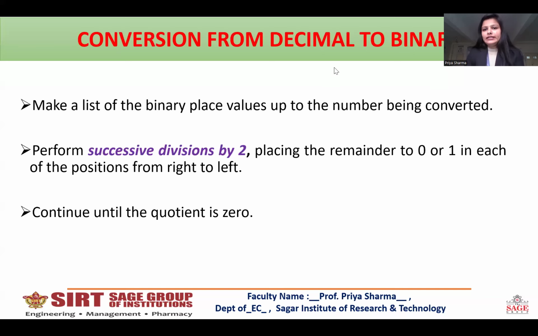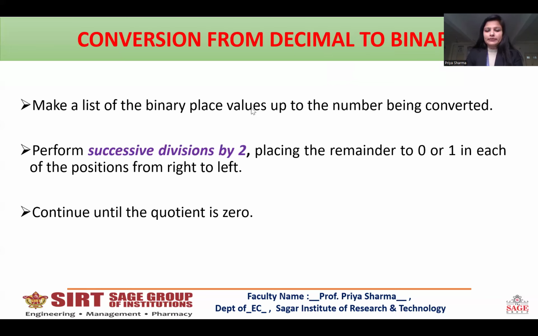Whenever we convert a number from the decimal number system to binary, we just follow the successive division rules. Since we are converting decimal to binary, and binary has a base or radix of 2, we divide the whole decimal number by 2 and keep on dividing until the quotient is 1.